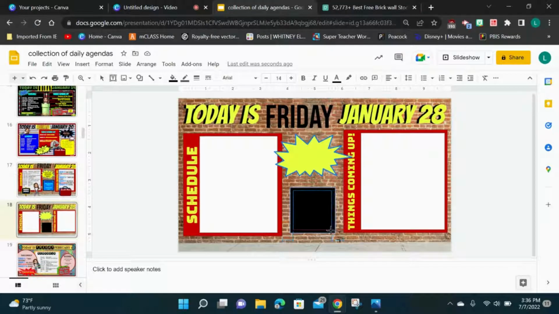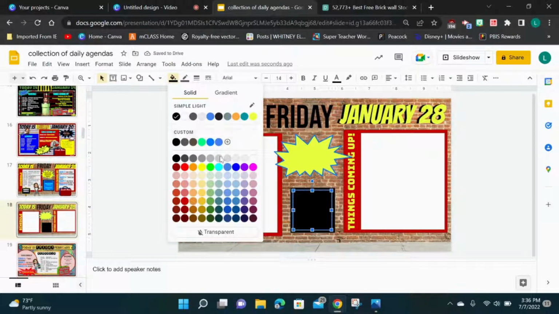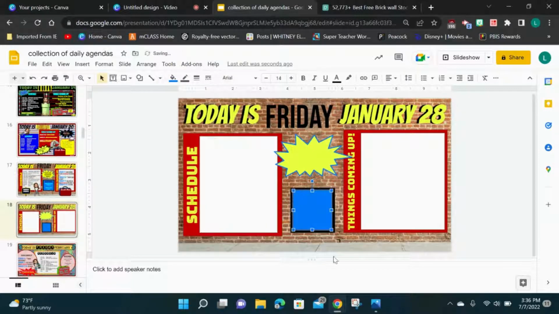Create a nice little black border. And then change the color for this one. And I'm going to go with that one right there. And there you have it. That is how I created that one. Easy peasy for that one. Oops, let me make it so it's just a little bit more centered if I can get it. That looks better. All right, next,